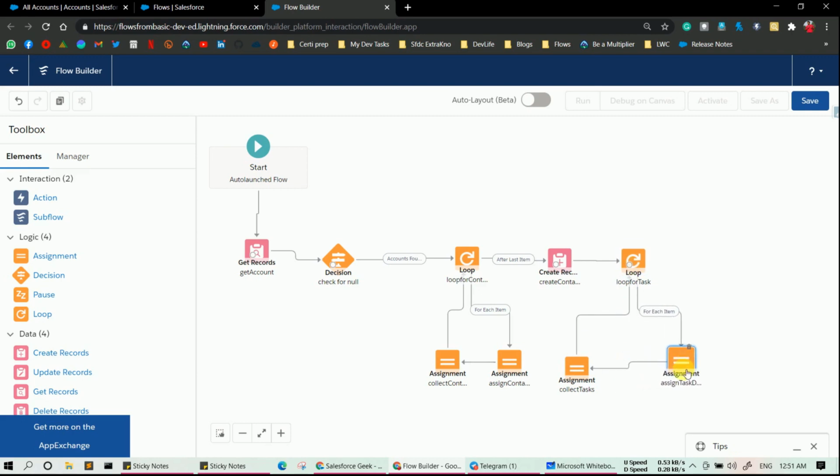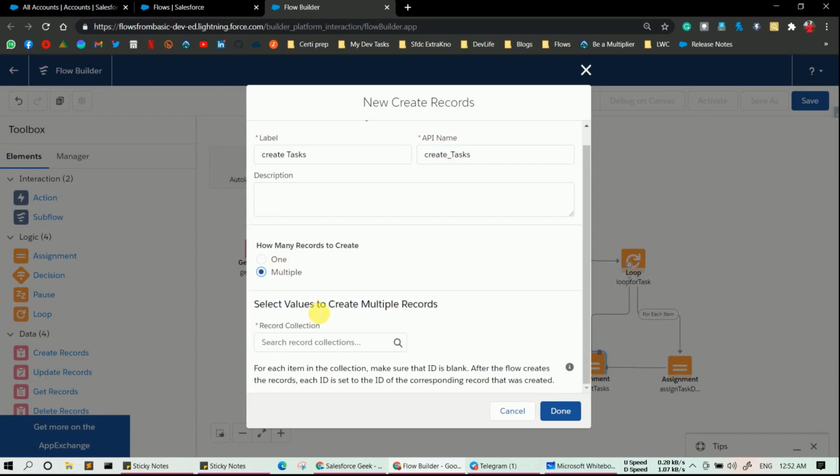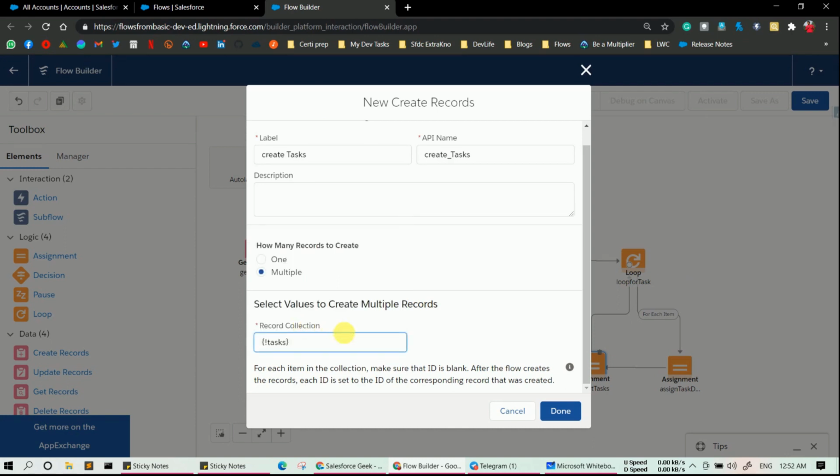Let's make it a little better. And now what you need to do is drag and drop a create record element, basically to create tasks. So let's say the label is create tasks, and the API name will be automatically populated. Here you need to select multiple, and in the record collection variable you need to select tasks, and simply click on done.